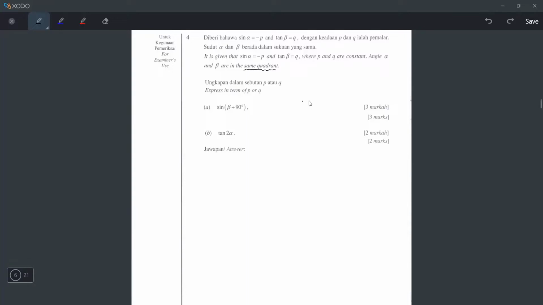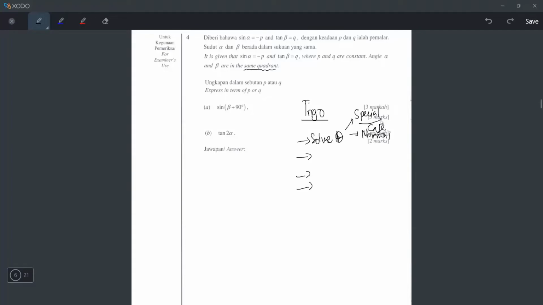Remember, in trigonometry, there are only 4 types of question that will come out, right? 1, 2, 3, 4. The first type is usually solve for theta. If they want you to solve for theta, you need to determine whether it's a special case or normal case. Special case is when sine theta equals 0, 1 or -1, cos equals 0, 1, -1, and tangent equals 0. That's special case. But normal case is like